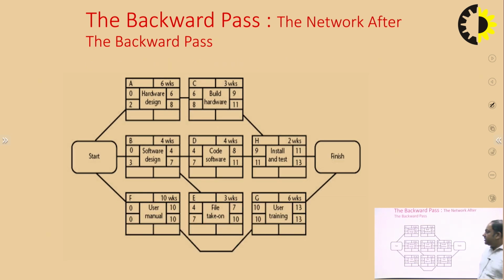So after this, what will we do? We have filled in the latest start date and latest finish date. So the delay in hardware design can be only 2 weeks. Delay in software design can be only 3 weeks. Delay in coding of the software can be only 7 weeks. So with this we can identify the delay, and the next step is we have to find out the span,